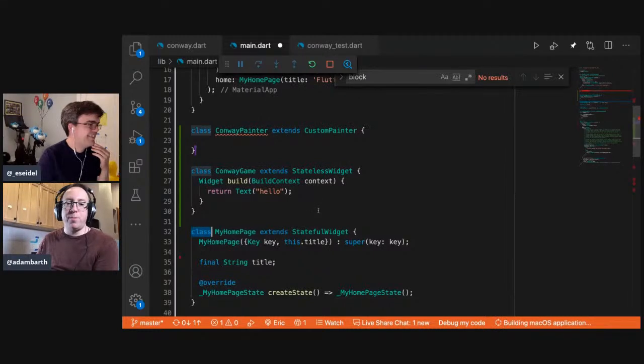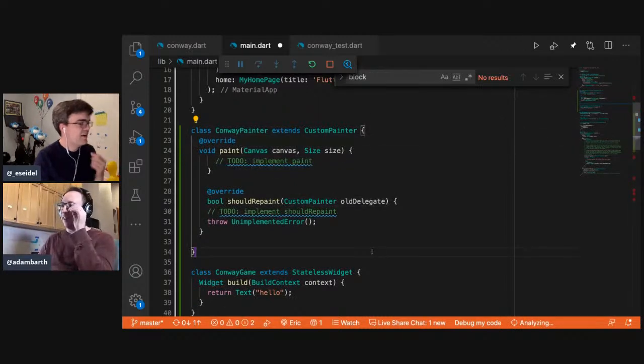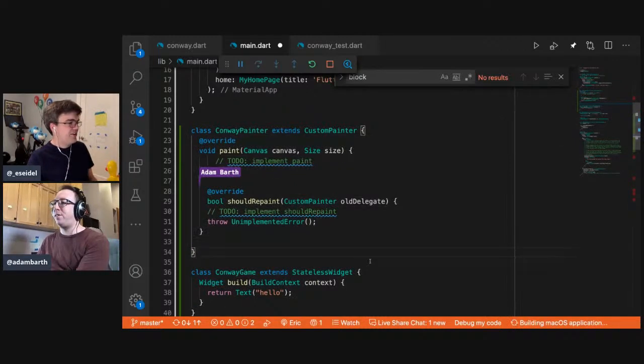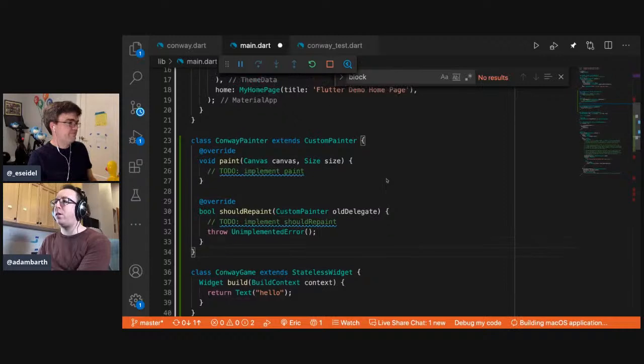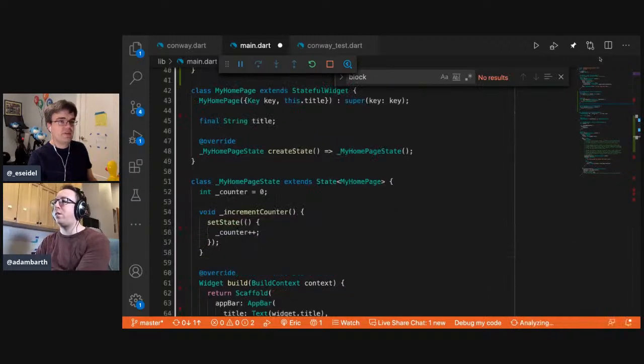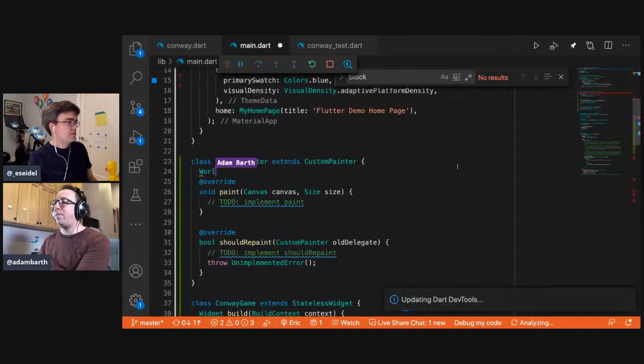Do you have that fancy light bulb to fill in the function signatures? Yeah, create 2 missing overrides. That'd be really helpful to me. Whoa! Oh, yeah. Oh, such light bulb. Oh, so we should probably import our Conway. Yep. On the top. And this thing is going to need a world state. Where? Okay. Yep.